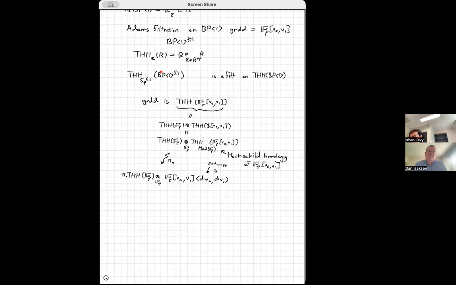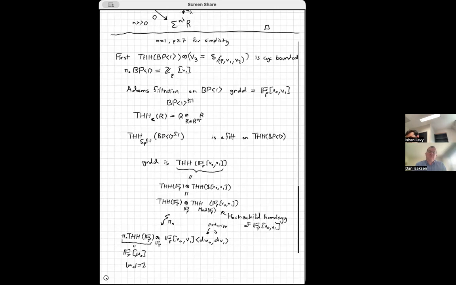That's how you would compute the associated graded of this THH of BP1. Well, okay, so I guess then you sort of need to know what this is. So it's a result of Bökstedt that this is just a polynomial ring over FP. So this is FP adjoin some class called mu0, where the degree of mu0 is 2. Okay. So we weren't quite interested in this because we really wanted to know THH of BP1